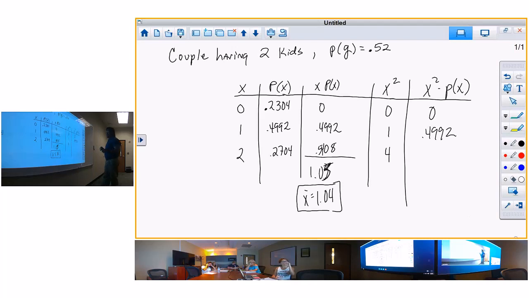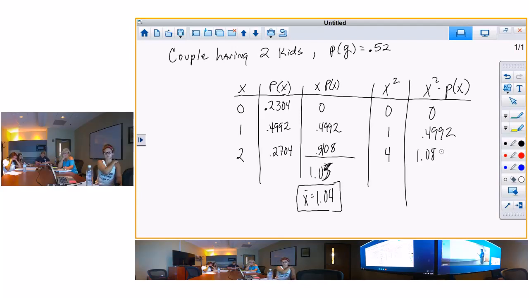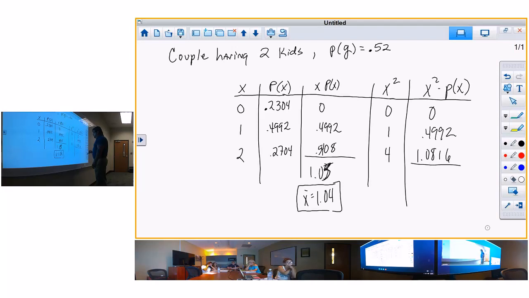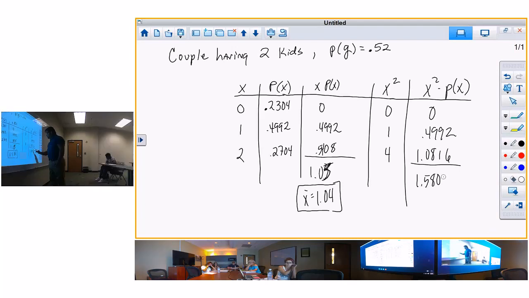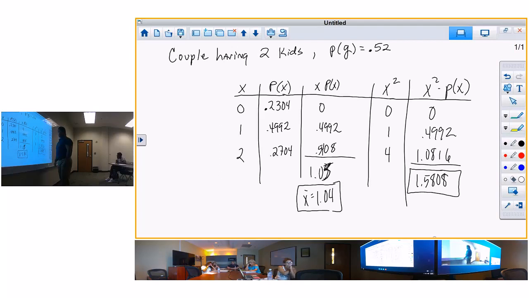Oh, I may not be able to do this. 4 times 25 is $1, so that's $1.08. It's a miracle. 0.8, 1.6. Okay, and 50 cent, that's $1.58. But what does it come out to be? 1.5808. Now, that is the first part of the formula. Notice I'm not putting variance or anything in front of it because the formula says I've got to take that number and subtract this quantity